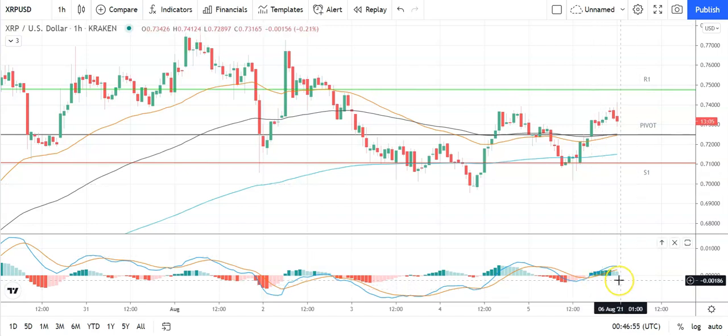Looking at MACD, slight narrowing of the bullish histograms at the turn of the day. That's coming off the back of yesterday's late pullback and this morning's decline. So keep an eye out for a bearish cross there. On the EMAs, we've got the 50 closed in on the 100, suggesting an imminent move. So a bullish cross would support